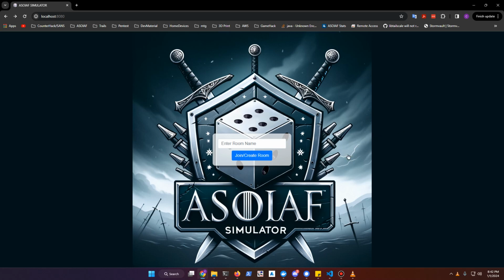Going to try and quickly demo the Song of Ice and Fire simulator that I've been working on. This is for the Song of Ice and Fire tabletop miniature war game that I'm a fan of. Anyways, I've been working on this for a while. It's a web-based simulator that you can basically remotely play with one other person to try to get some test